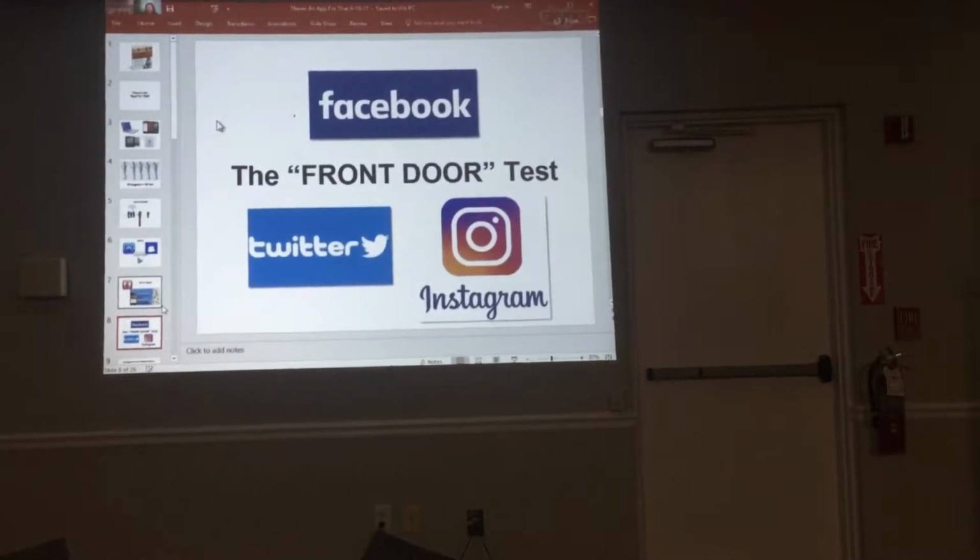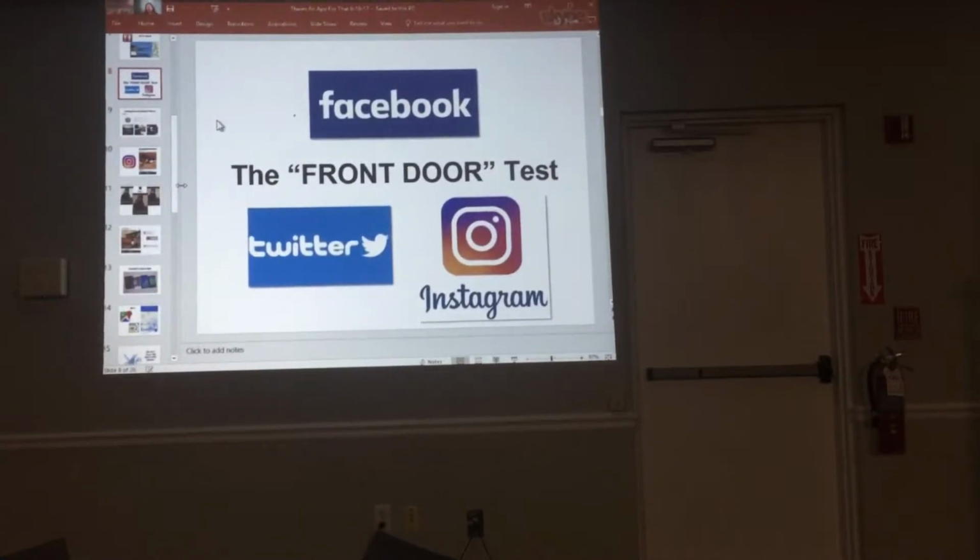And interestingly, 85% of people who access Facebook access it on a handheld device such as a smartphone or a tablet versus their computer. So more and more people are using what's in your hand to access these social networking websites rather than going on their computer. Again, for those of you that have seen me speak before, I think you will remember the front door test. But whether you're doing Facebook on your phone or on your computer or Twitter or Instagram, we want to be sure that we protect our privacy. So I'm going to talk about that in 1 second.